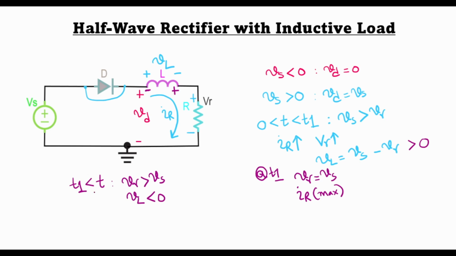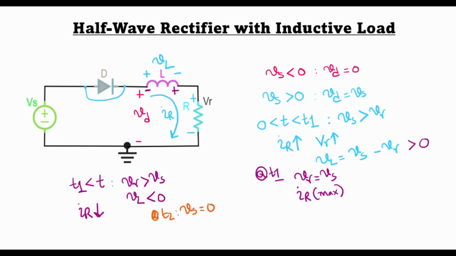So the current flowing through the circuit IR will now continue to decrease. So it reached its maximum at t1. For t greater than t1, IR is decreasing. So IR continues to decrease till a time comes at t2 where the input voltage Vs